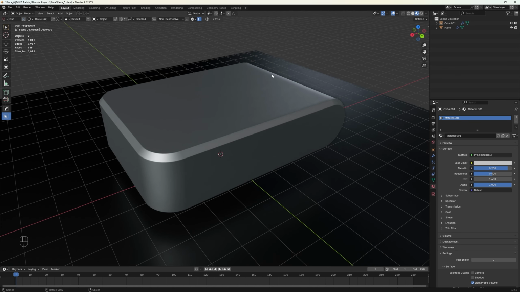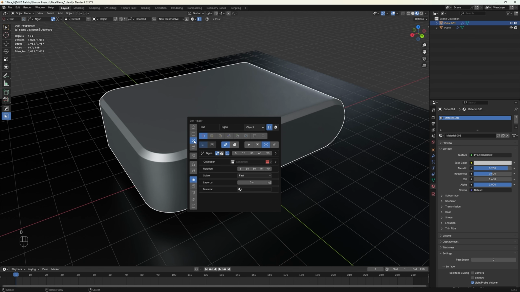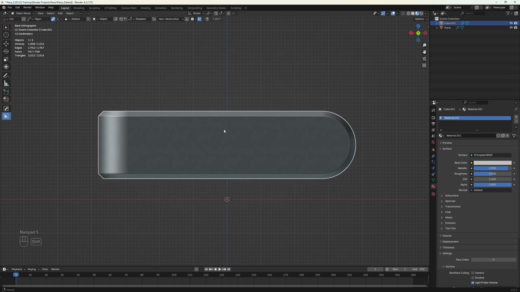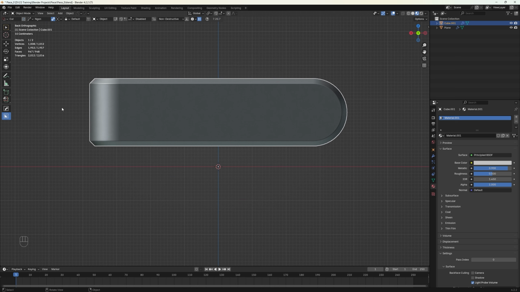Okay, so now let's talk about really cool stuff here. So let me switch to NGON shape, and I'm pressing 5 to go to orthographic view, and in this side view we will be drawing our NGON Cutter shape. So you just click, drag, and once you release the left mouse button, you have the ability now to draw